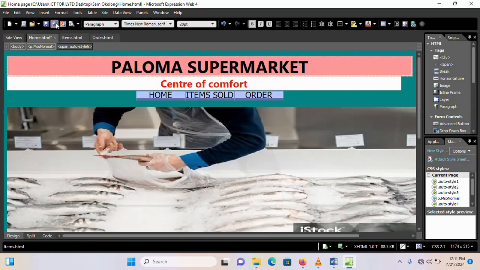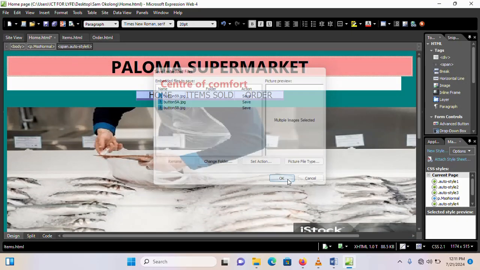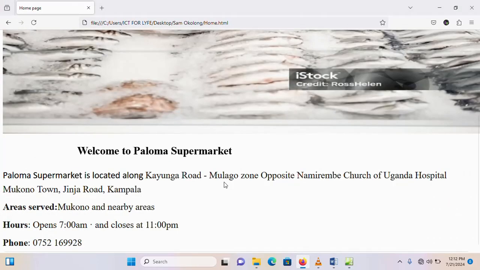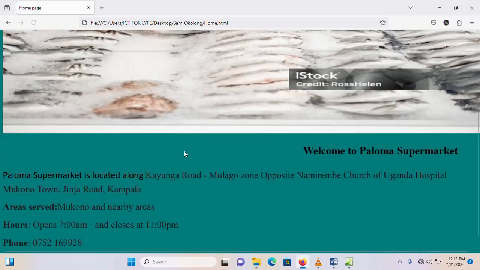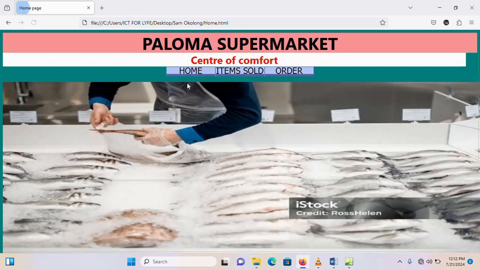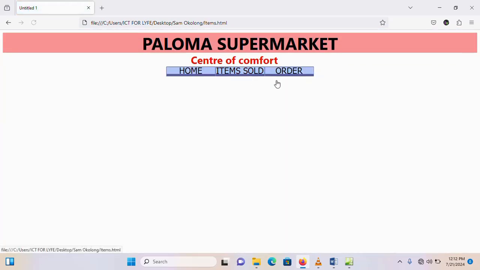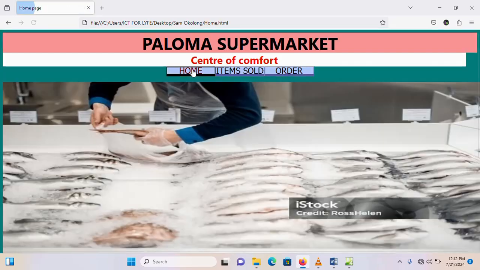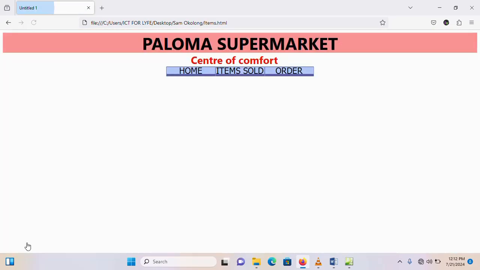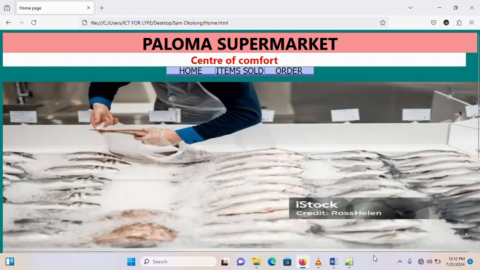Save the changes, and you can go back to your browser, reload, and see the changes. So there we are. So here, home page, items sold, you can see all of them are working so far. Even when I come to read more, when I click on it, it will load for me another page. Good. So let us go back and work upon